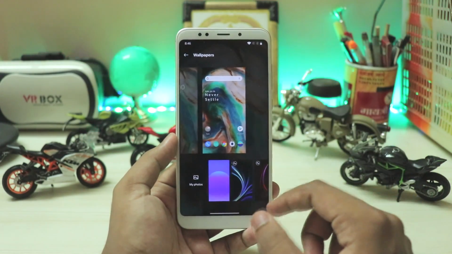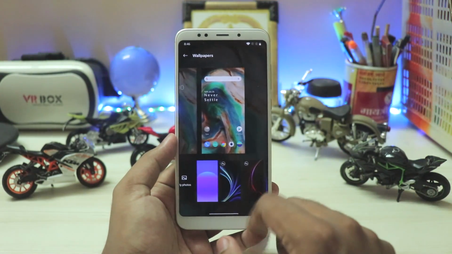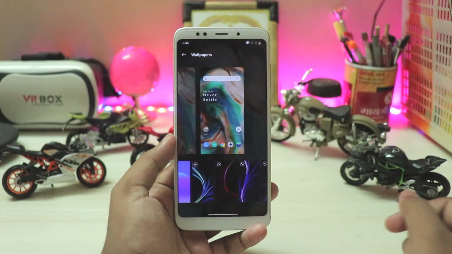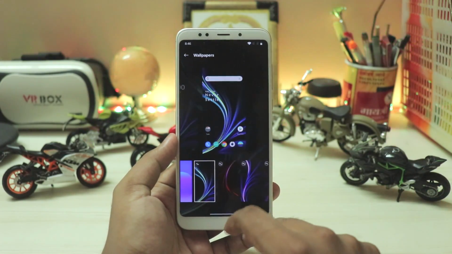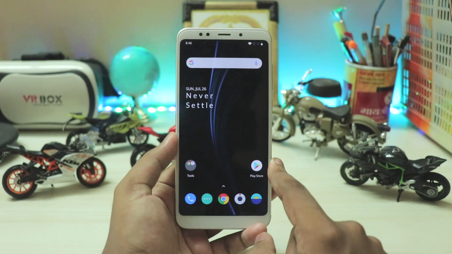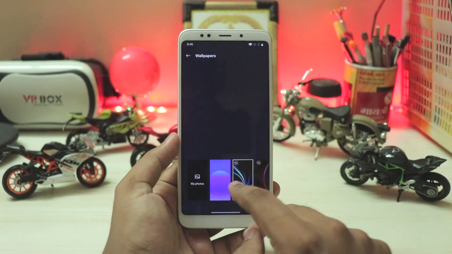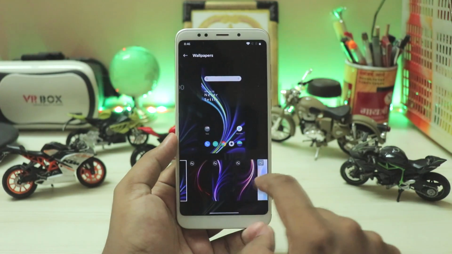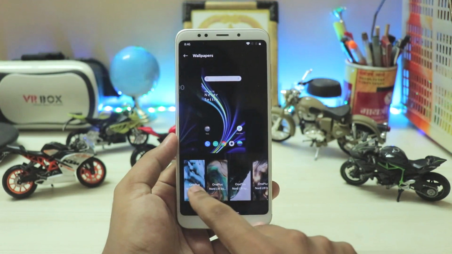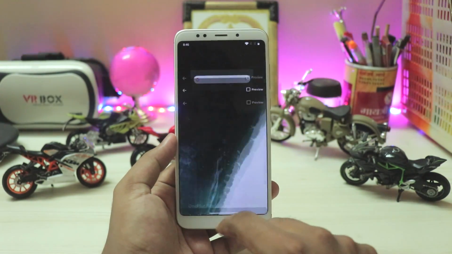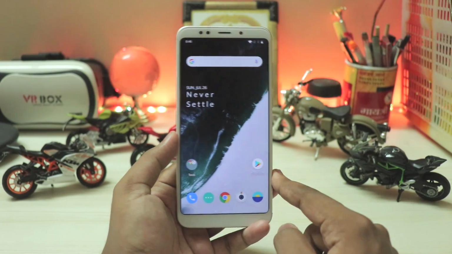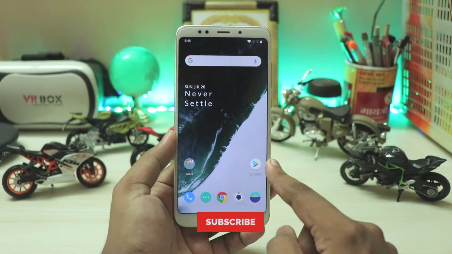And then again, you have the Android R wallpaper right over here, and you also get the OnePlus 8 wallpapers, which again work at like 15 FPS. But first time I'm seeing them working. Yeah, I've seen them working on none of the devices, but yeah, all of these do actually work. But these are the third-party ones that I actually installed, and they just do actually work amazing. As you can see, looks quite beautiful, to be honest.